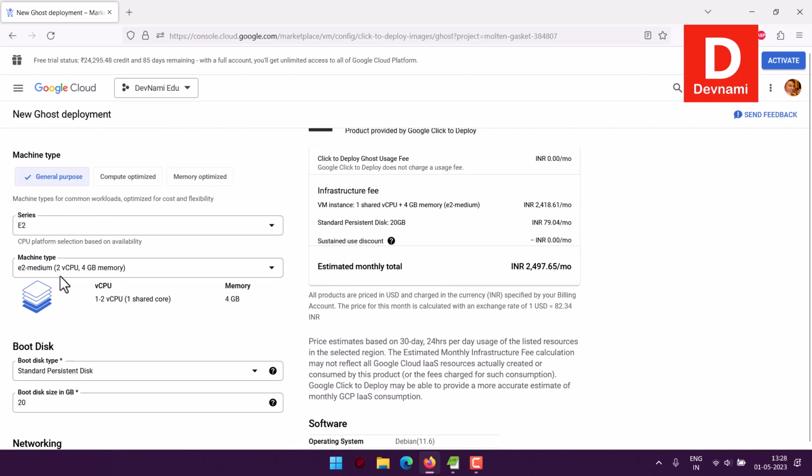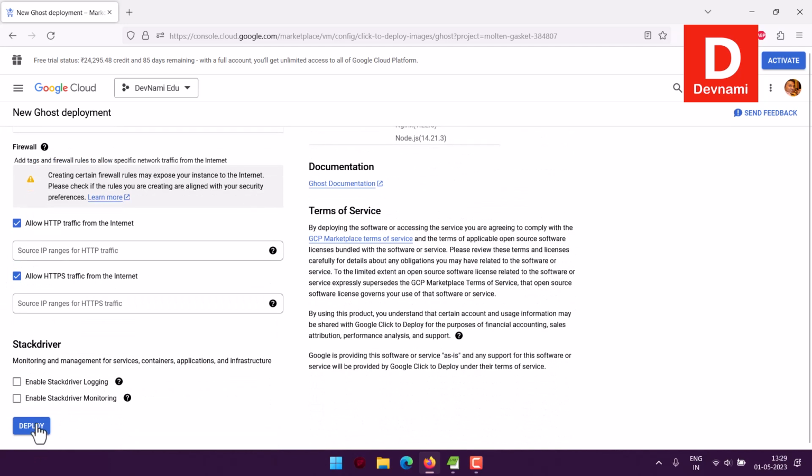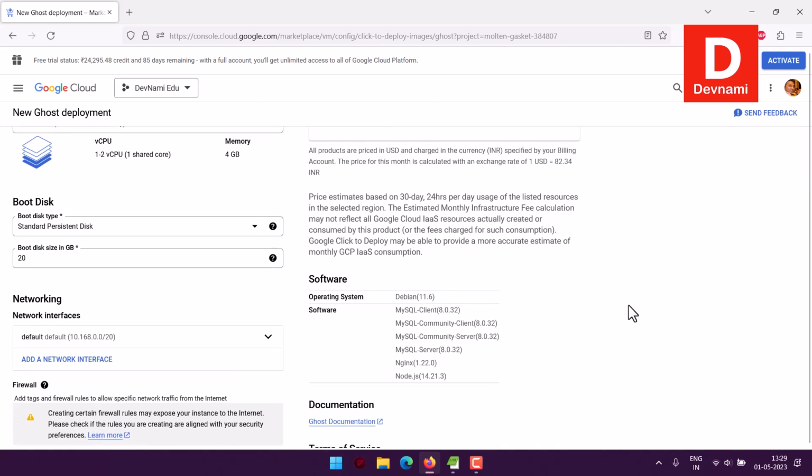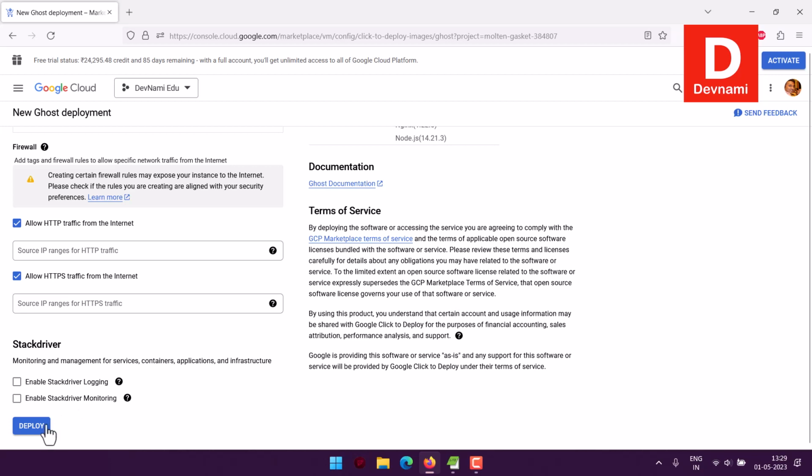You can optimize even further by going to 1 CPU and 4 GB memory, but that would give you slow performance, and that is pretty much visible in your access of this particular deployment. After that, once I hit deploy, it will go into deployment mode. On the right hand side, it will show you some username and password which you can use so that you can access it, right? So currently we will have some specific price per hour, and overall per month will be this, right? So what we can do is let it deploy